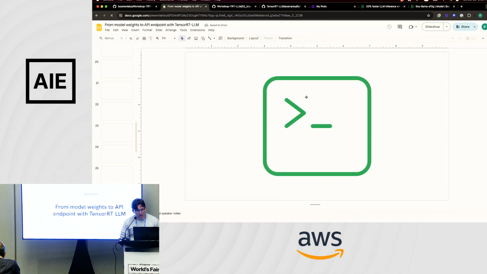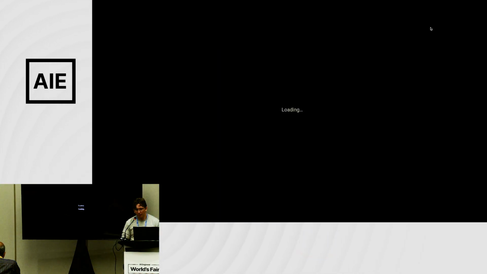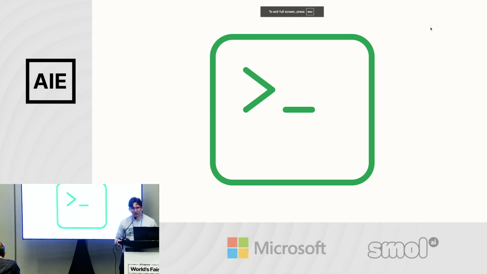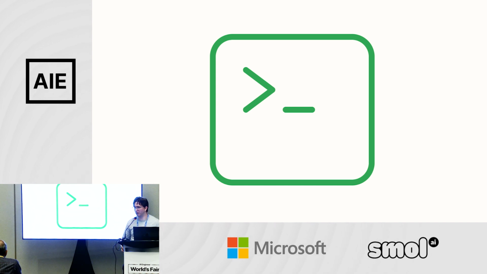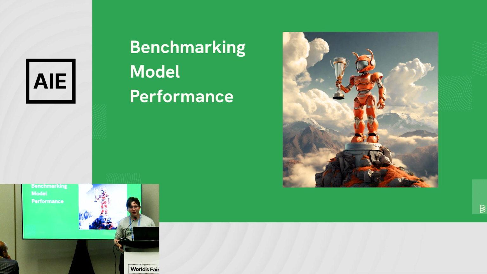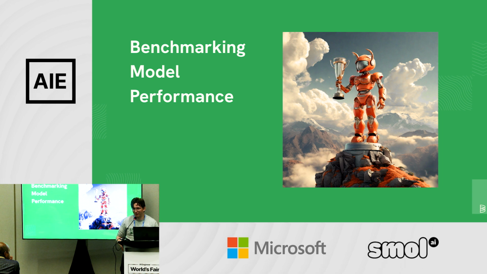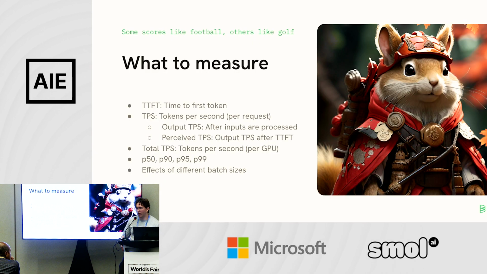But we've been talking a big game up here about performance, right? And performance is not just, okay, I'm testing it by myself. Performance is in production for my actual users. Is this meeting my needs at a cost that is reasonable to me? And in order to validate your performance before you go to production, you need to do benchmarking. And you need to do a lot more rigorous benchmarking than just saying, hey, I called it. It seemed pretty fast. So what do you want to measure when you're benchmarking?